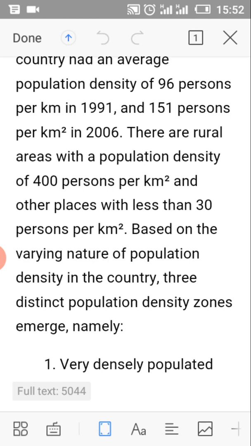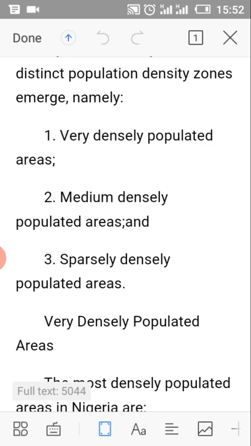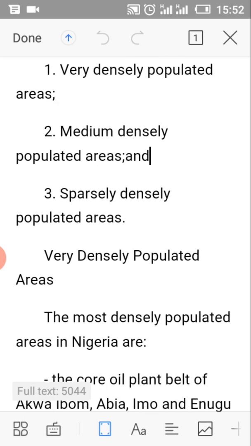Based on the varying nature of population density in the country, three distinct population density zones have emerged, and these are: number one, very densely populated areas; number two, medium densely populated areas; and number three, sparsely populated areas. For the very densely populated areas,